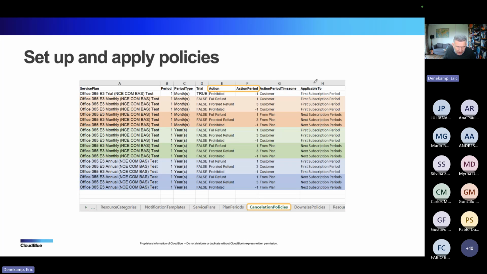And we see in column H where that is applicable to. And this is that story about we have a policy for the first subscription period, and we have a policy for any subsequent ones. We see that there are different items here.